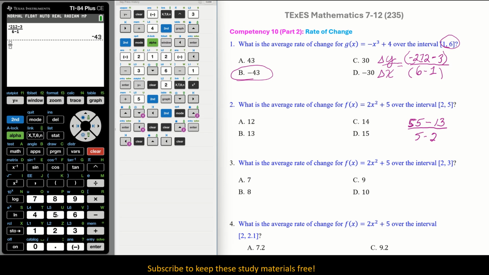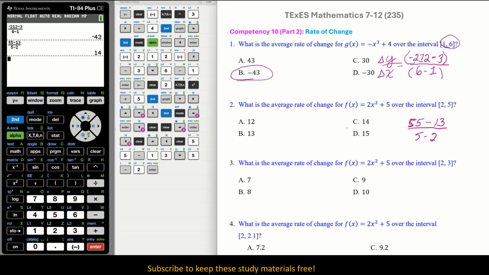Okay. So 55 minus 13, arrow down, 5 minus 2. Push enter. Okay, 14. And that is the correct option. Okay. Now,